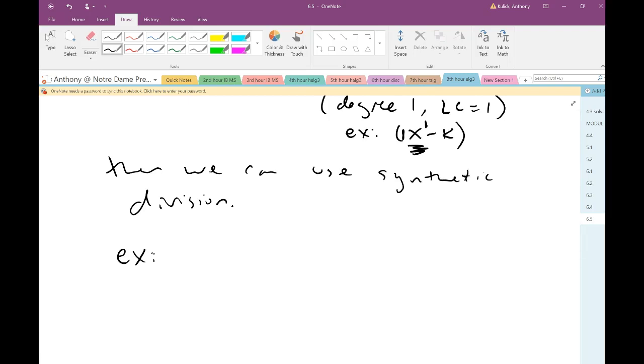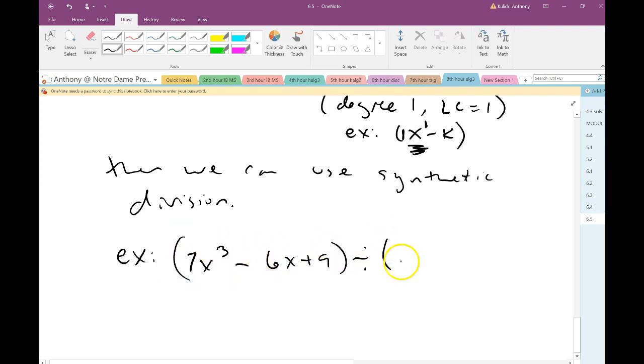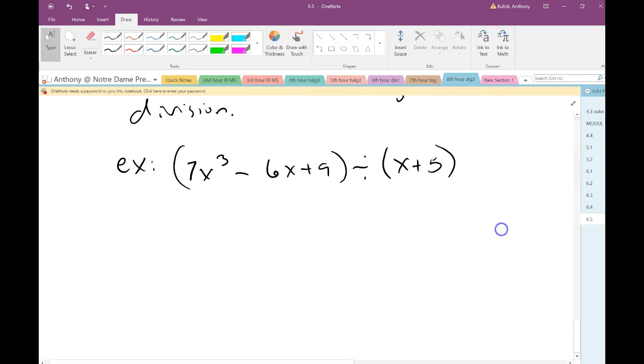Let's say we have 7x cubed minus 6x plus 9 divided by x plus 5. Okay. So I told you synthetic division is just like synthetic substitution, so I'll start with